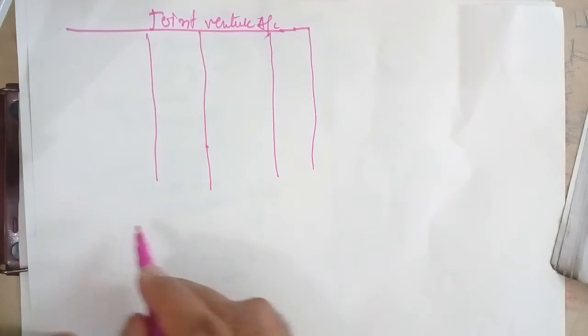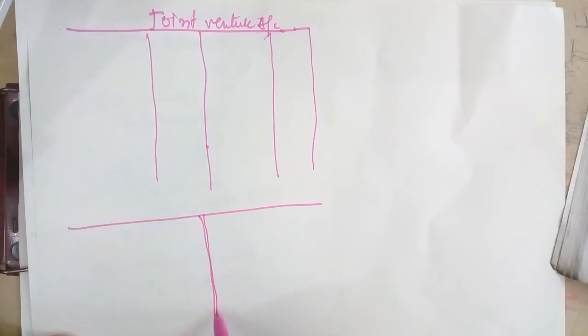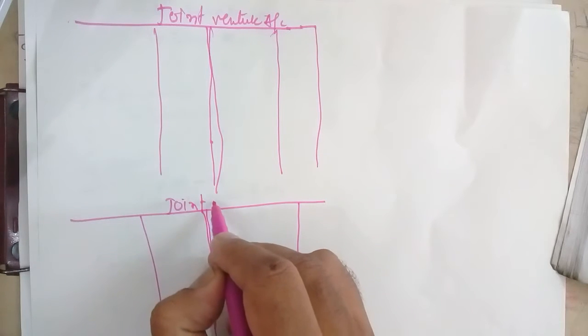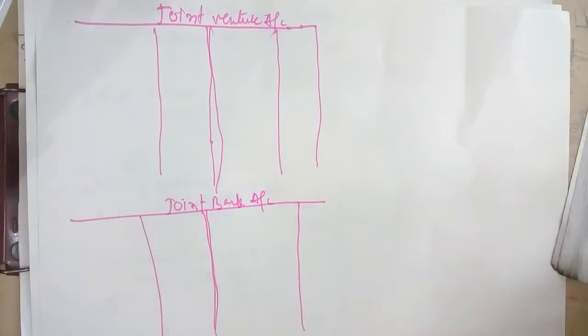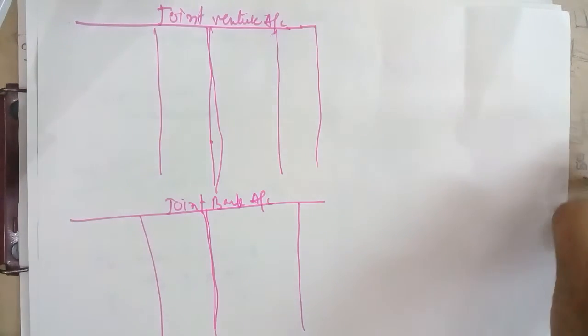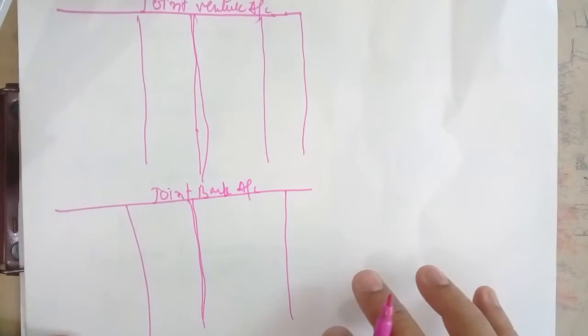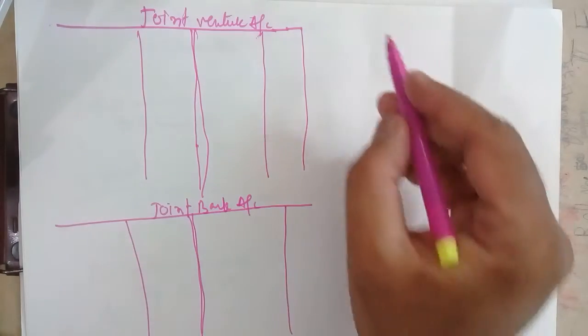Here I will draw the joint bank account. See, bear in mind, simultaneously you need to open the accounts. You should not do one after another. Doing it simultaneously is the most appropriate method of preparation of ledger accounts, whether it is final accounts or partnership or anything.